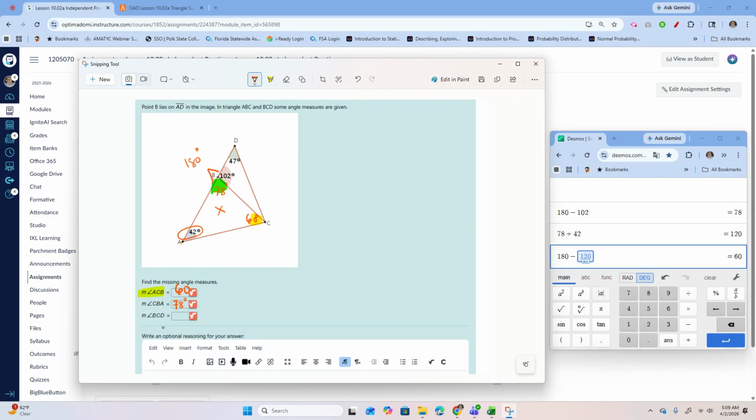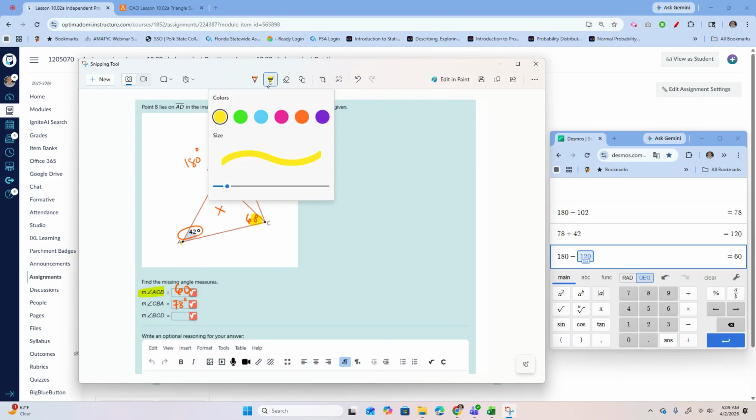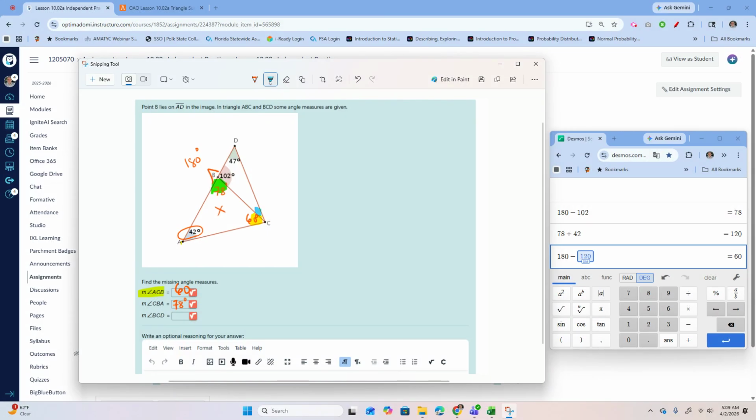And now I'm gonna find angle BCD, which is the one that I'm gonna highlight in blue, which is this corner here. You can see, look, BCD. Okay, so basically we need to find out the angle I put in blue. Let me change the color of my pen. This angle there. Okay, now you can see we already have 47 and 102 because we're working with the smaller